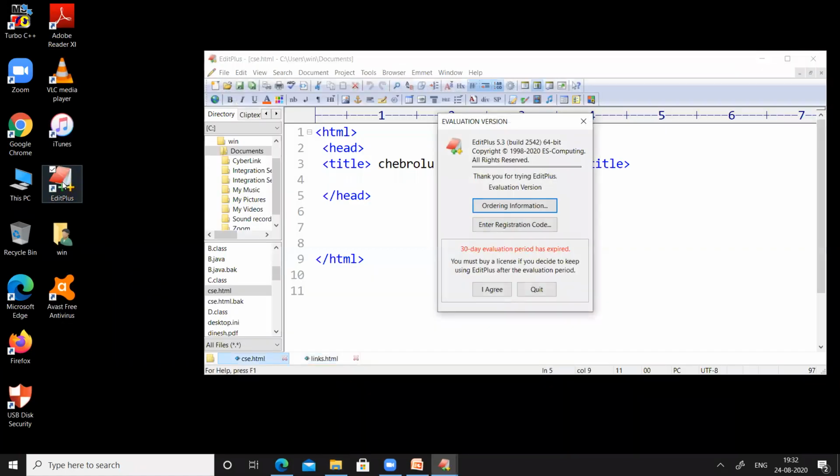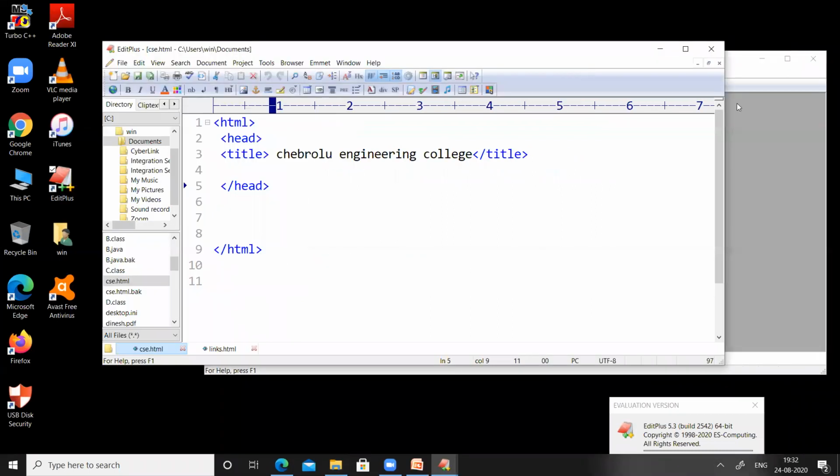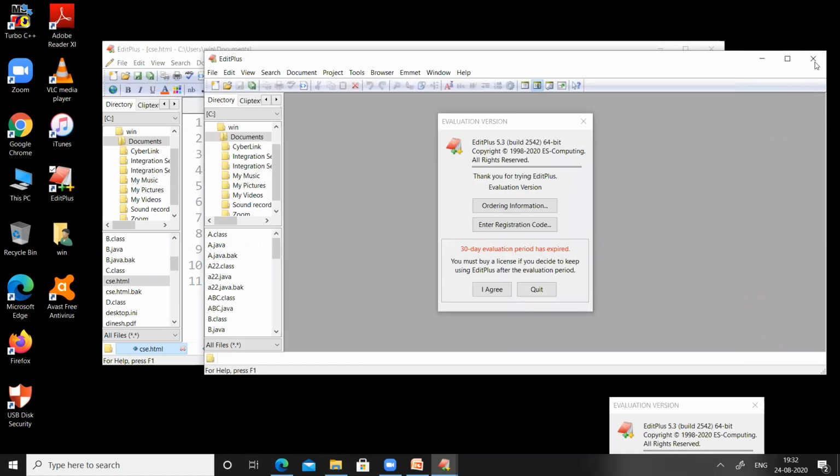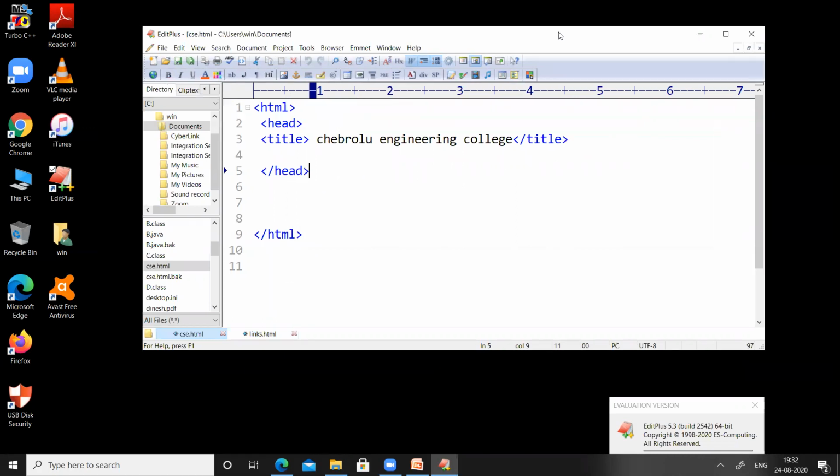I already suggested all of you to please practice each and everything. If you just listen and leave it, you may or may not remember these things. But if you practice once, you will never forget them. It is very easy to use HTML coding when we have some general knowledge of HTML. So I request all the students to practice everything we have discussed in all the sessions over the last 10 days, right?